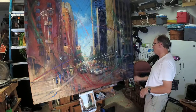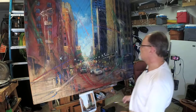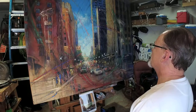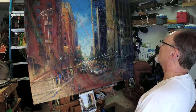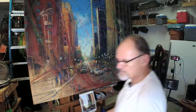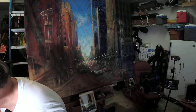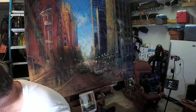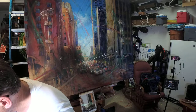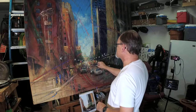on the painting. So a lot of what I'm doing, most of what I've been doing here for the last hour, has in fact been accentuating the abstract elements, not the realistic elements. Therefore, the reason most of us absolutely must stop painting